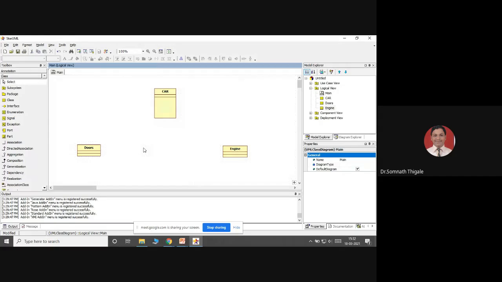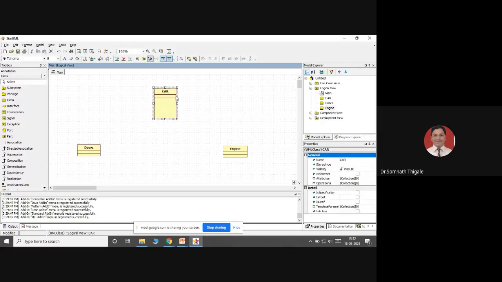When to use aggregation and when to use composition is what I'm going to show. The car is the whole and the door is a part of the car. Is it possible to drive the car without doors? I'm repeating my question: is it possible to drive the car without doors?